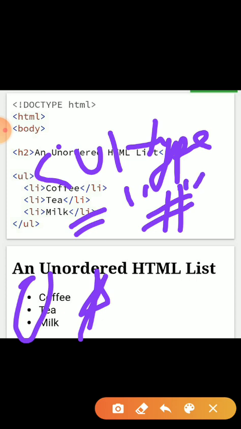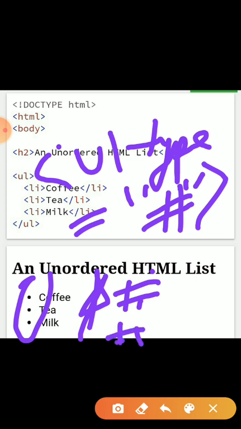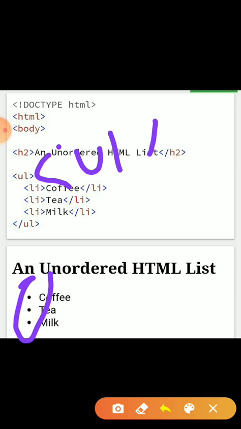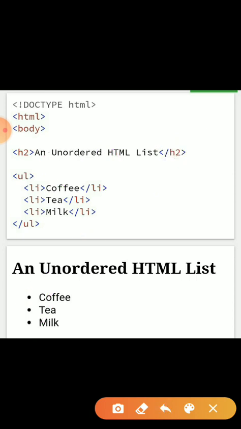Then we close the tag. If I give the hash sign, then in place of the dot it shows hash coffee, hash tea, hash milk, like that. Whatever special sign we use, the browser outputs with that particular sign. So this is called an unordered list or a bullet list.